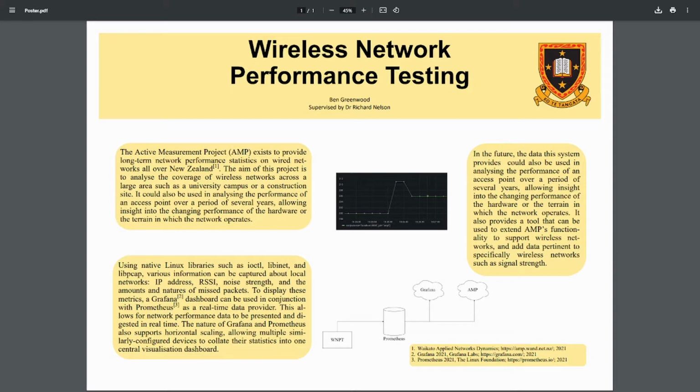The Active Measurement Project, or AMP, is a project that's been happening in the university's computer science department for many, many years now. Essentially, they have these little devices that they put in data centers and other networks around the university campus and a bunch of other places in New Zealand, that capture information about those networks, things like the ping to various other data centers and network latency. And they all get centralized into one big database, and then they're publicly available on the